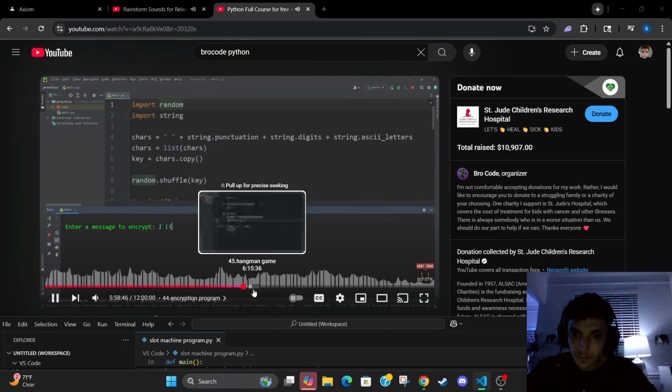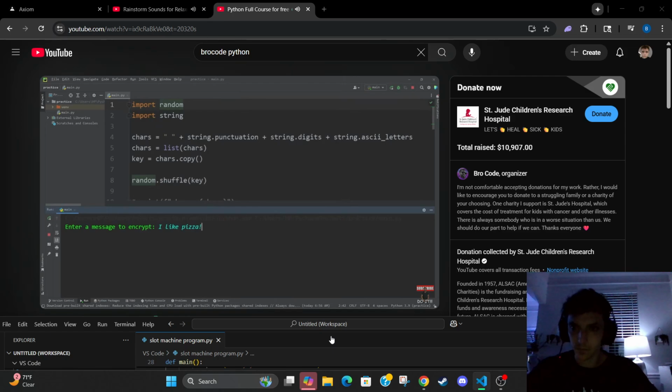Hello everybody, today I'm going to show you how we can write a substitution cipher encryption